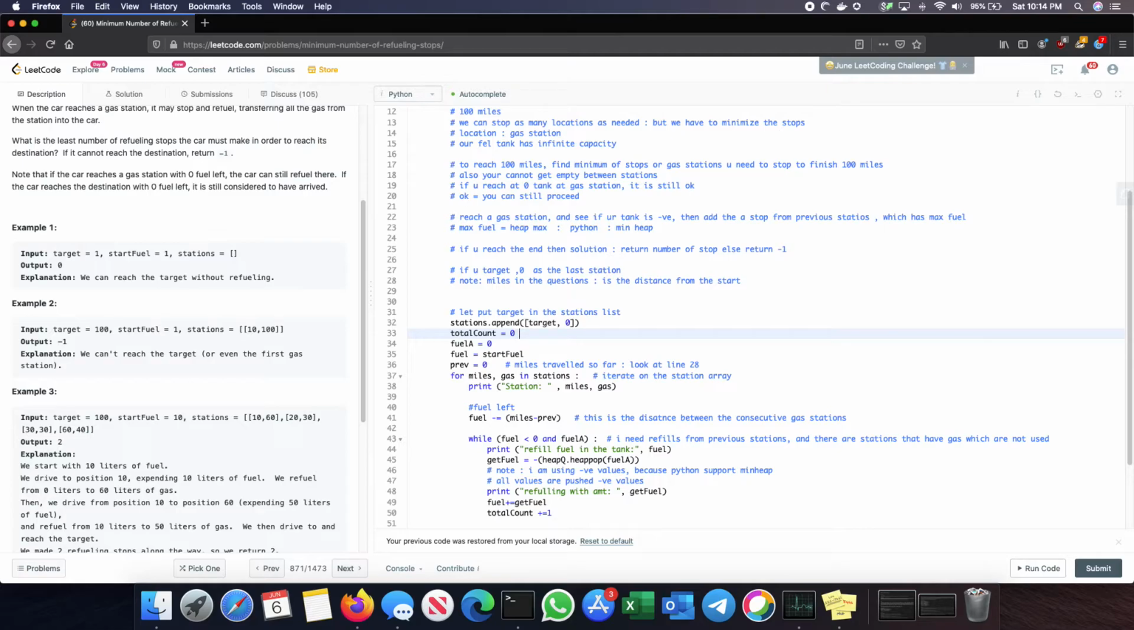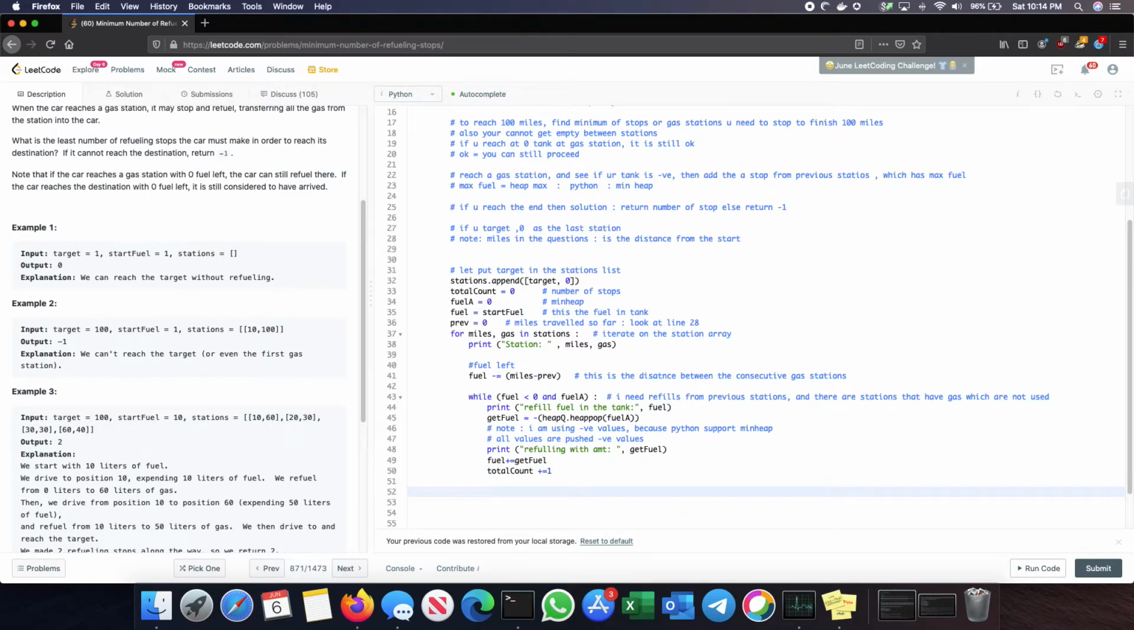This is the number of stops. This is the min heap. The variable fuel is the fuel in the tank. Let's go back to the solution and see what we are doing over here. So total count is plus 1. This will keep on going while we try to keep on getting the gas. If fuel is still less than 0, that means we are not able to get fuel,